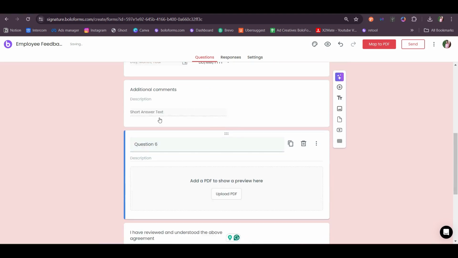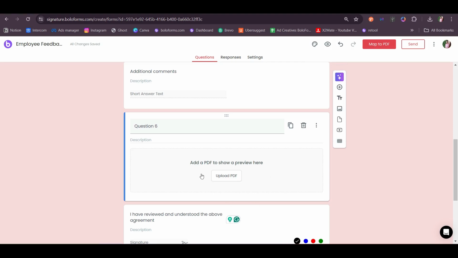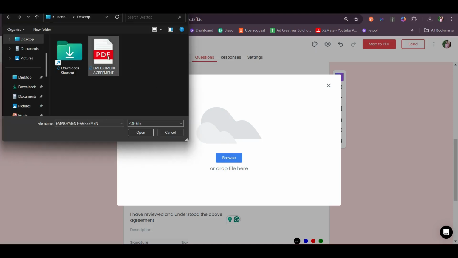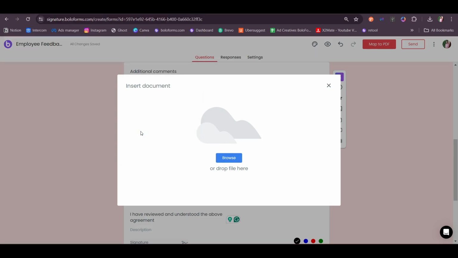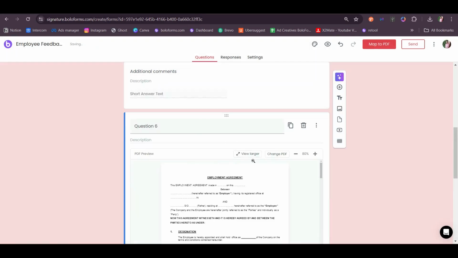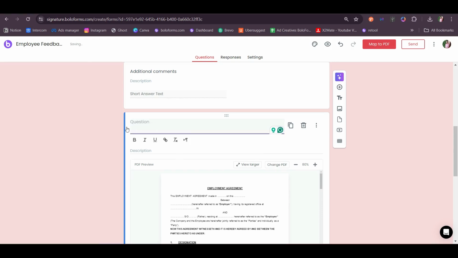So here you'd be able to see this particular question has popped up, and you can see this button to upload your desired PDF. Just click onto this and you can browse the desired PDF from your system. So once you have selected the desired PDF, you can also frame the question for that particular document.